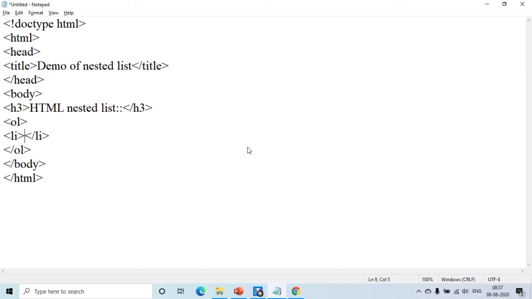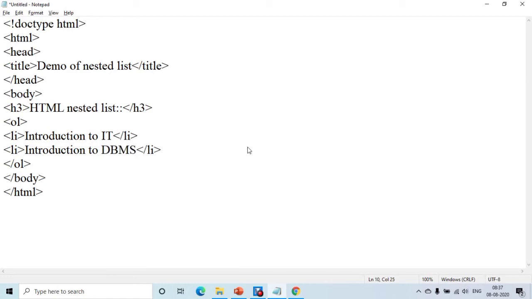So for the first item, let us add introduction to IT. Then again add another item, li tag start and end, introduction to DBMS.